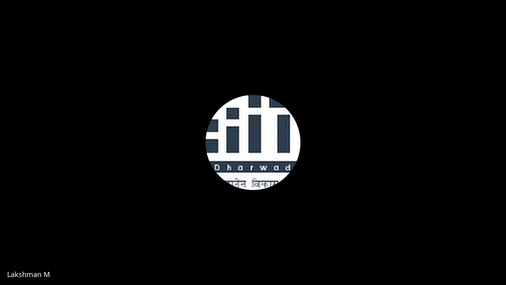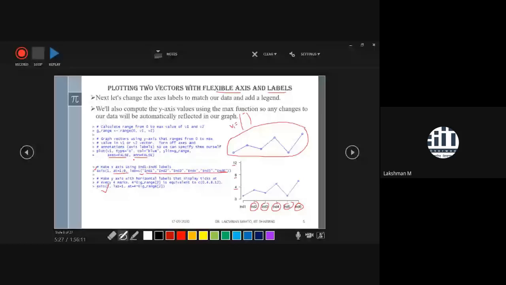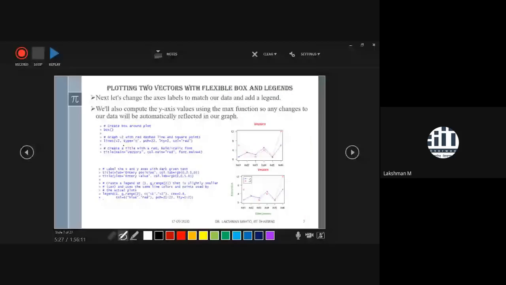Further, in the last plot you have already seen that the box was removed. If you want to introduce the box, there is a special command, box. Through box you can introduce this box. Under the box, you plot using the plot command. You had already plotted the blue line, vector one, and now using the lines command you are plotting the second vector v2, and using the title command you are giving the main title of this plot. So it is already done.